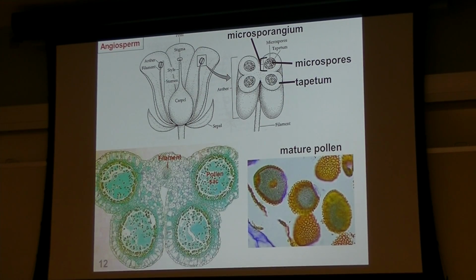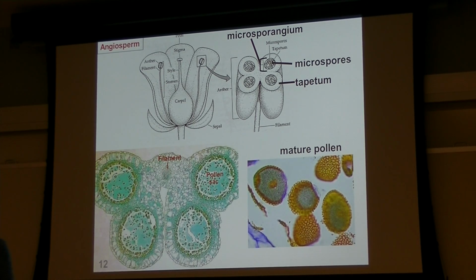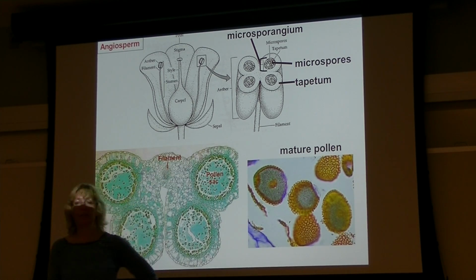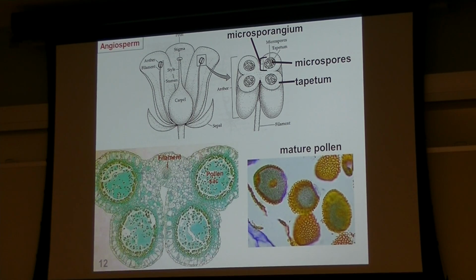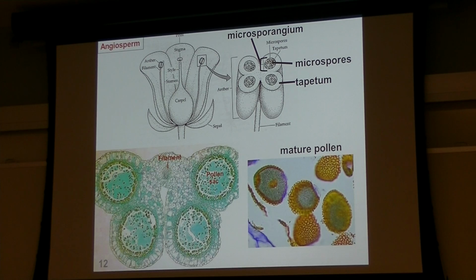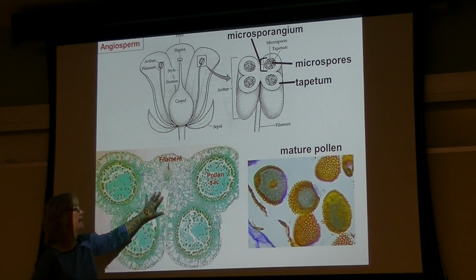Okay, so let's look at these two basic processes within the megasporangium and the microsporangium in a little bit more detail. So in the flower, angiosperm, we have the anther, and up here you see this cross section through the anther. Some of these cells are somewhat similar to mesenchymal cells, or your basic loose arrangement of cells within the plant. These are known as tapetum. The outside cells that compose the walls of these structures are diploid cells, and they're providing an environment where we can have